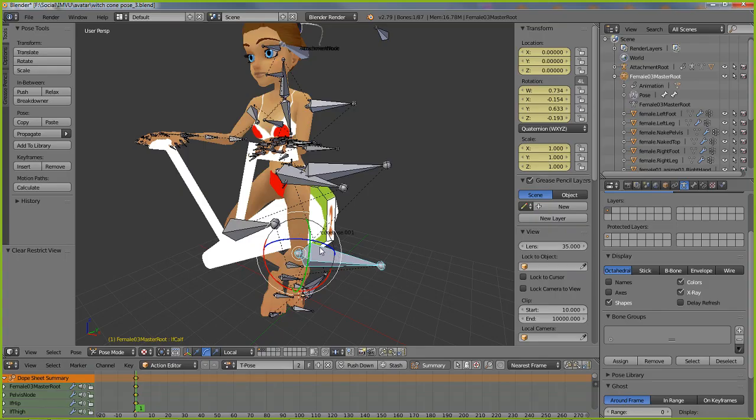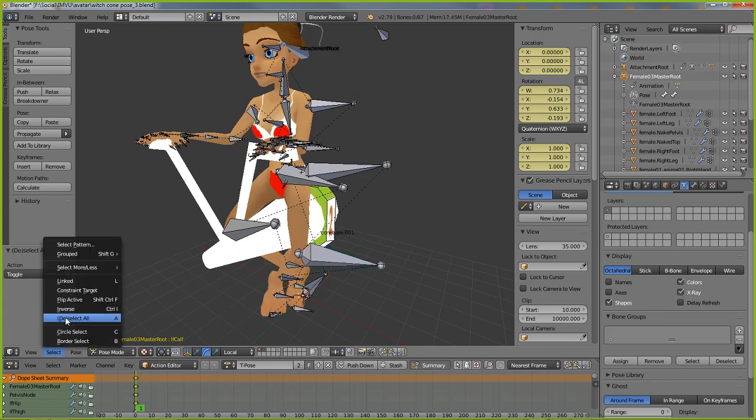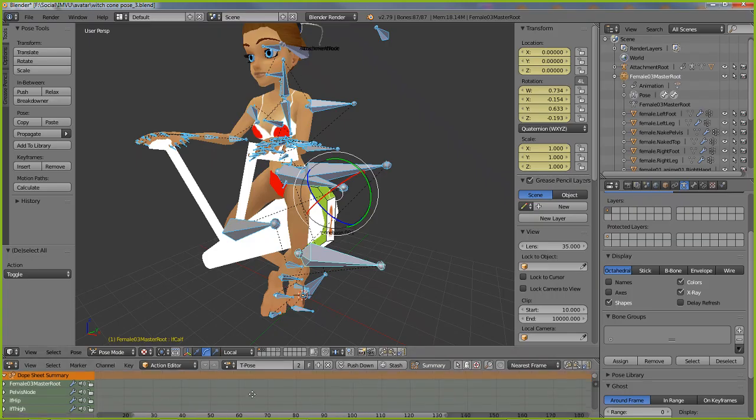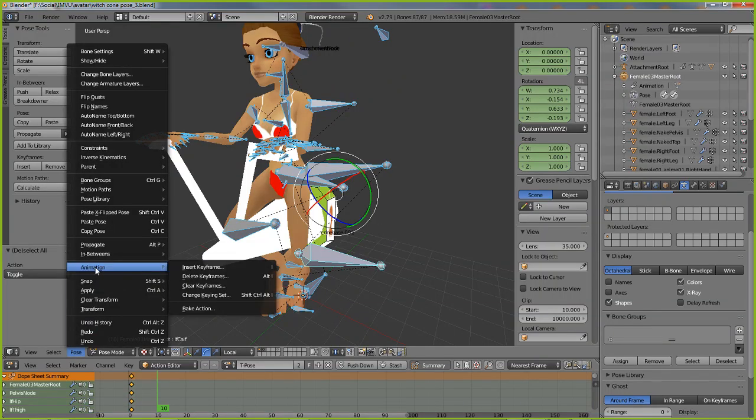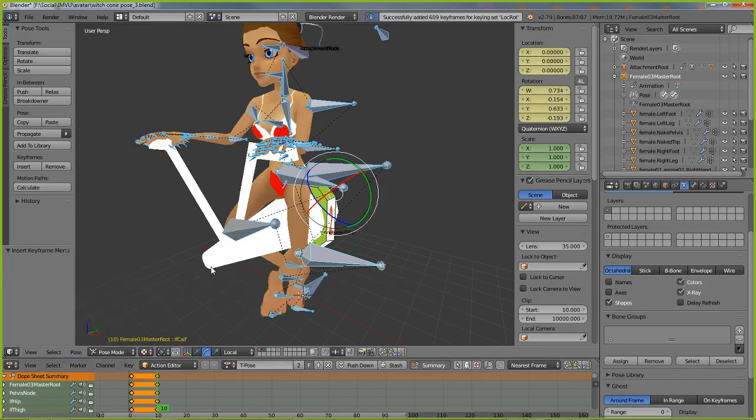So what we have to do is essentially duplicate the pose and then reset it. So to do that, just deselect and then reselect everything. Move the frame marker to another frame, frame 10, 5 would do. Press the Insert key, I key, or Pose, Animation, Insert Keyframe. Now, depending on what file you've used, if you've used the default pose starter file, which is,